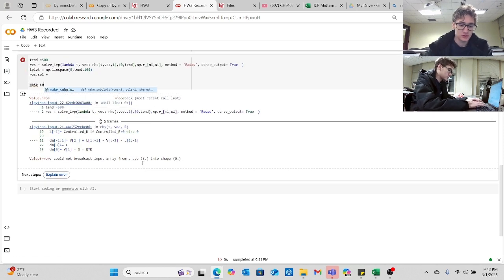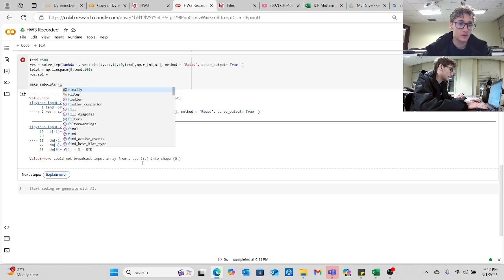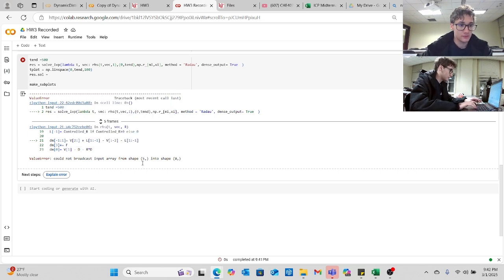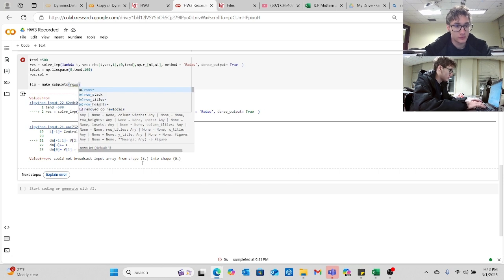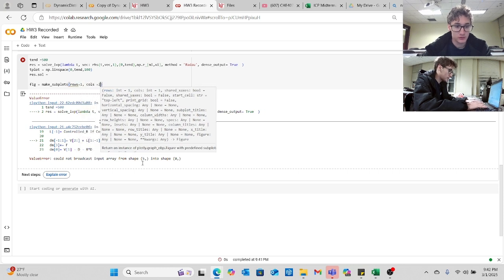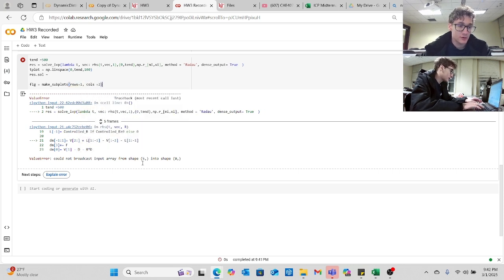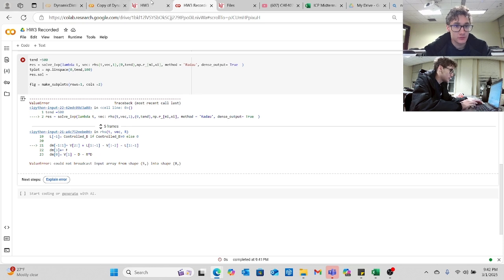Make underscore subplots equals. Actually, I'm going to do figure equals make subplots. That you want one row, rows equal 1, columns equal 2. So we're going to make 2 plots because we want, again,